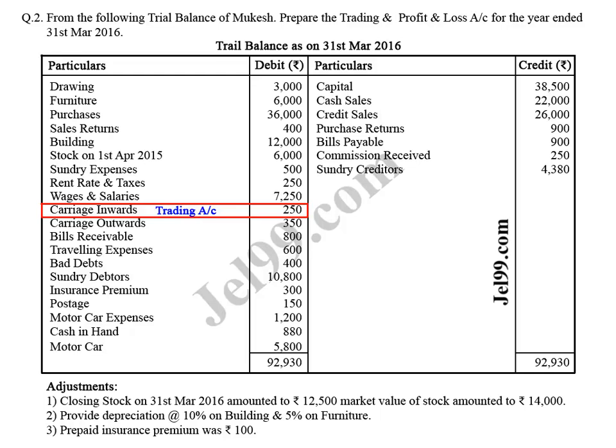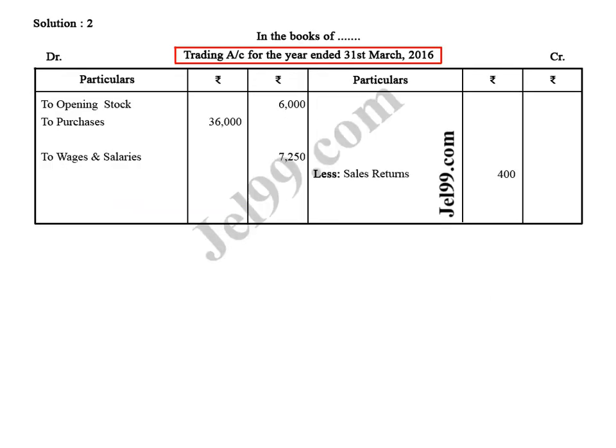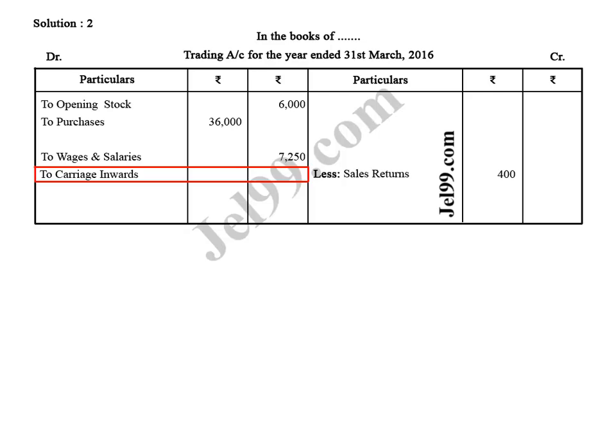This is shown in trading account, debit side, to carriage inwards of rupees 250. Wages and carriage inwards are directly related to the product, hence it is shown in trading account, then carriage outward